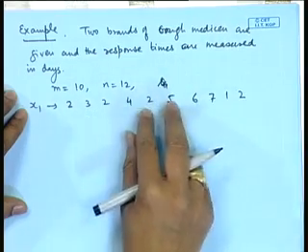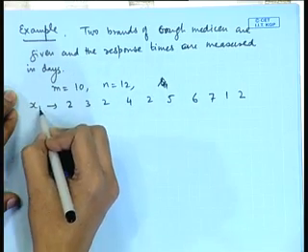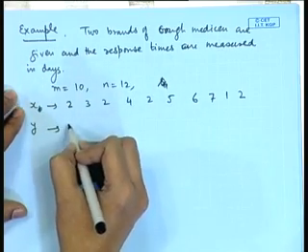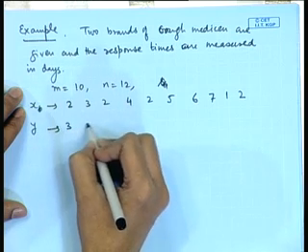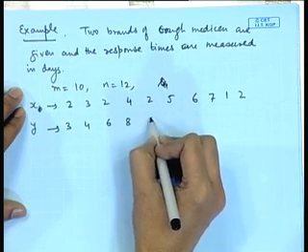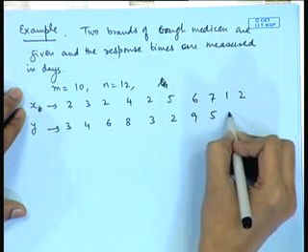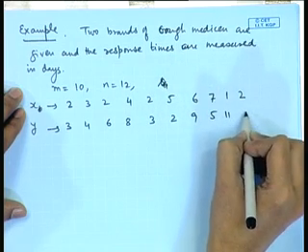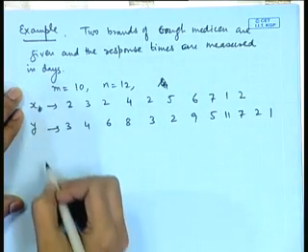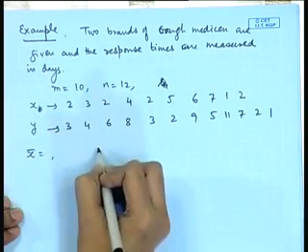So, we have 10 data here and for y we have the data say 3, 4, 6, 8, 3, 2, 9, 5, 11, 7, 2, 1. Now, based on this we calculate x bar, y bar